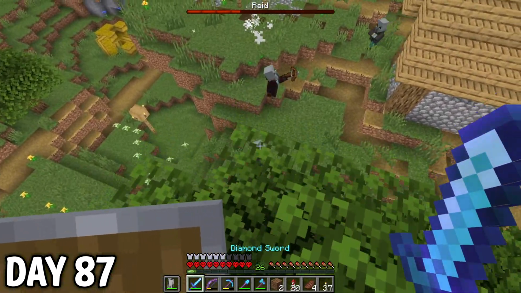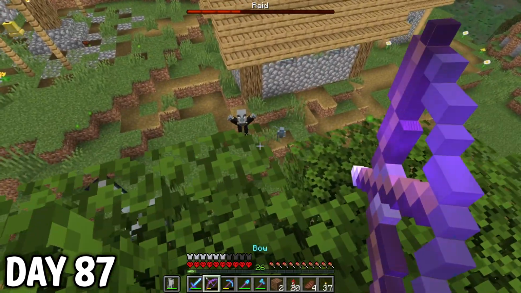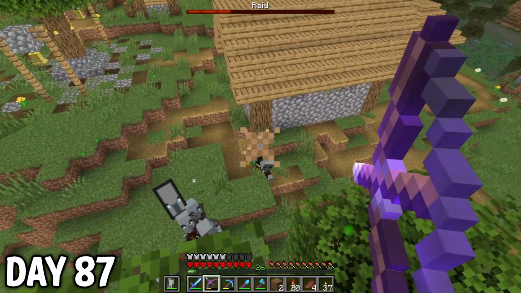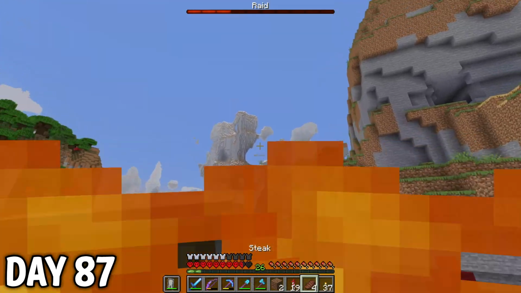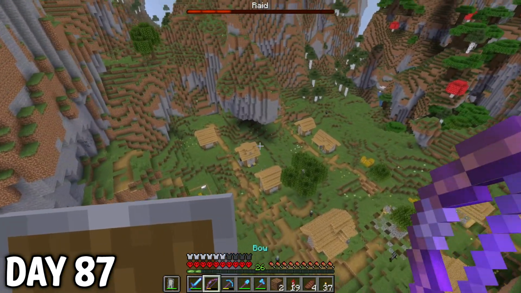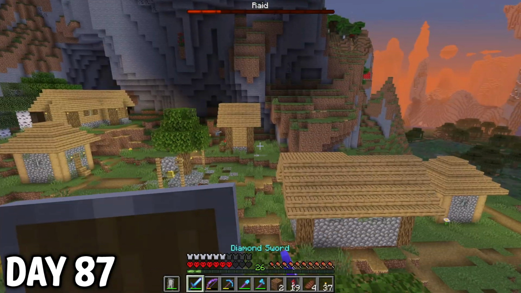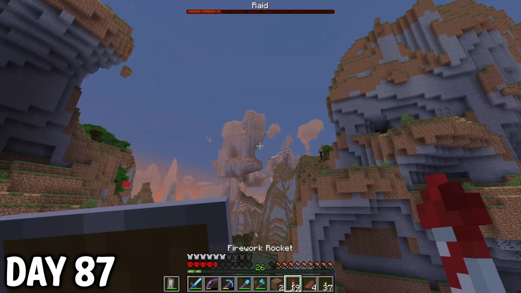That is, until the Evoker caught on. Thankfully, they can't move while summoning Vexes, because that made him an easy target. But suddenly I was hit! One of the Vexes had fire aspect. That's a lethal combination, so I booked it straight out of there. Really? Again with this? Those Vexes were too stealthy and strong, so I had no choice but to wait them